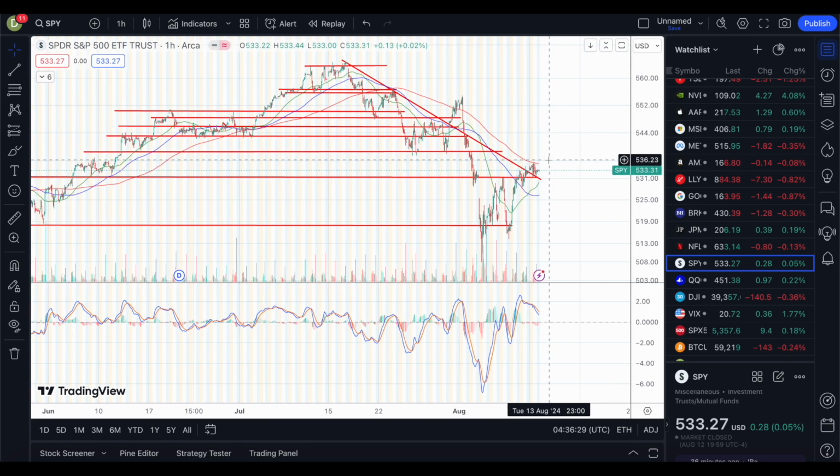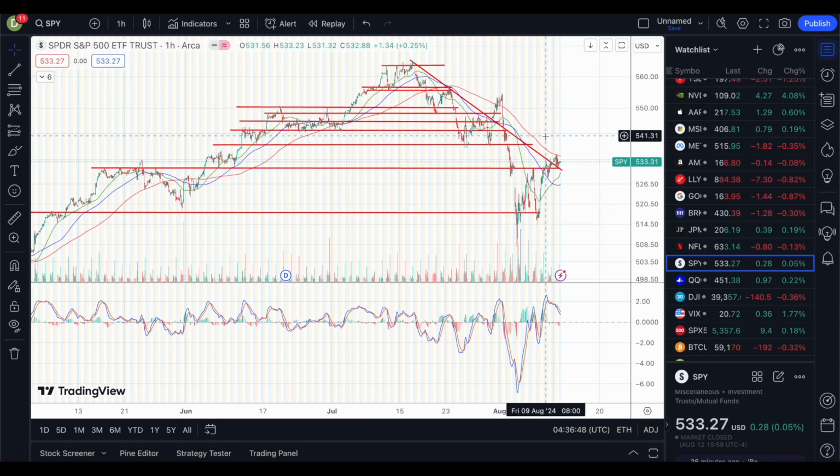In my opinion, if inflation is better than expected, we could probably see that by the Wednesday, or maybe if the market is way too optimistic based off the PPI inflation numbers in terms of production, we could probably see 543 by the end of trading day on Tuesday. But in my opinion, that would be closer to the end of trading day Wednesday. Again, if inflation numbers are better than expected. Can we go higher? Obviously we can, but we'll see.